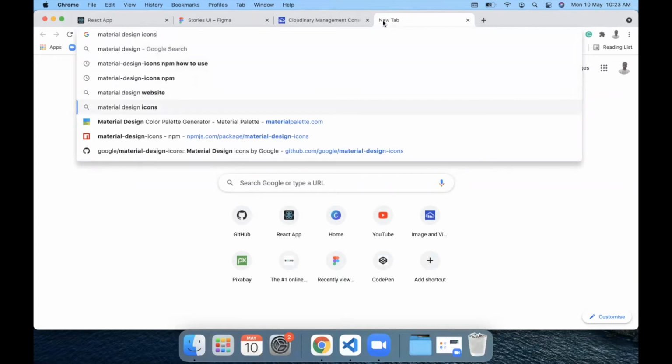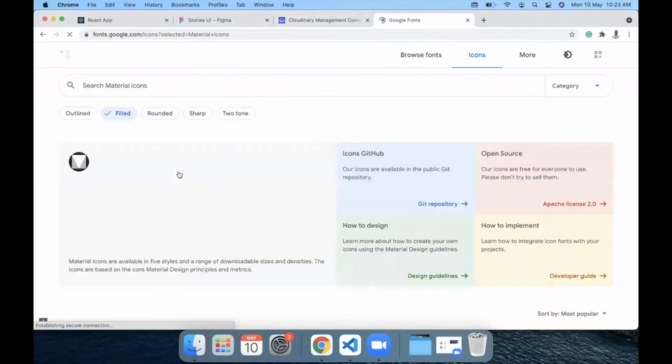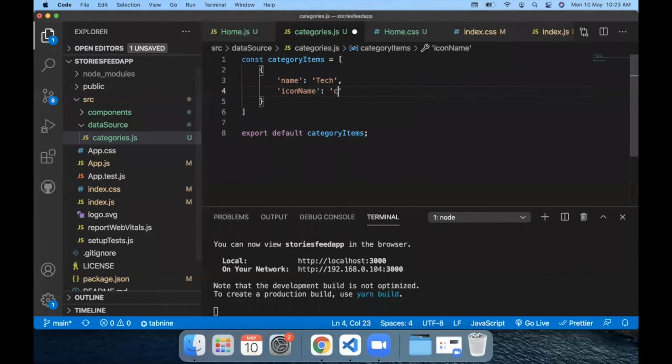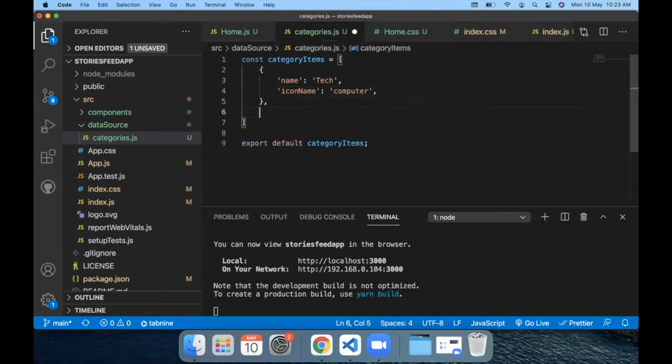So let's go and search for the icons. The first icon that we had was computer, which was this one. So the icon name could be computer. We'll eventually add the background color as well. For now, I'm just keeping it as blue. We will add it later.